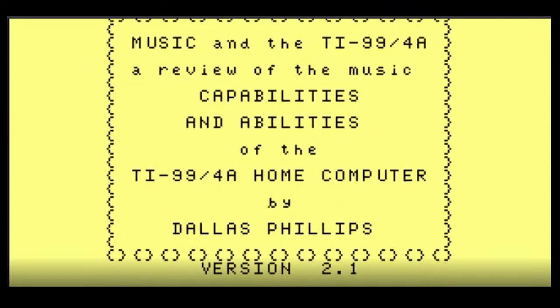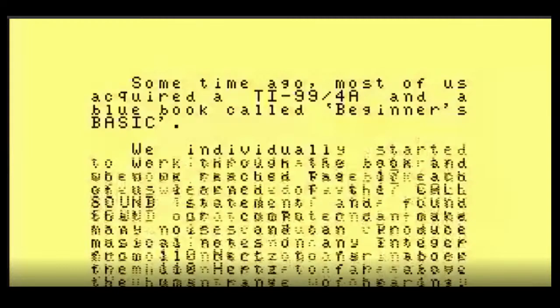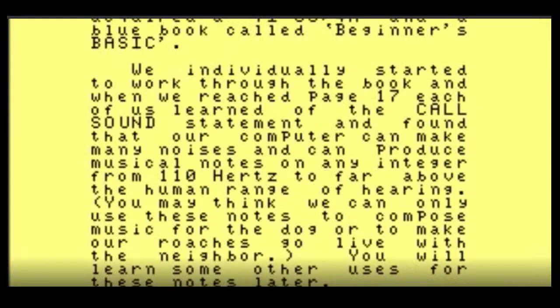So this is music in the TI-99/4A, a review of the music capabilities and abilities of the TI home computer by Dallas Phillips, version 2.1. Press any key to continue. Some time ago, most of us acquired a TI-99/4A and a blue book called Beginner's Basic.